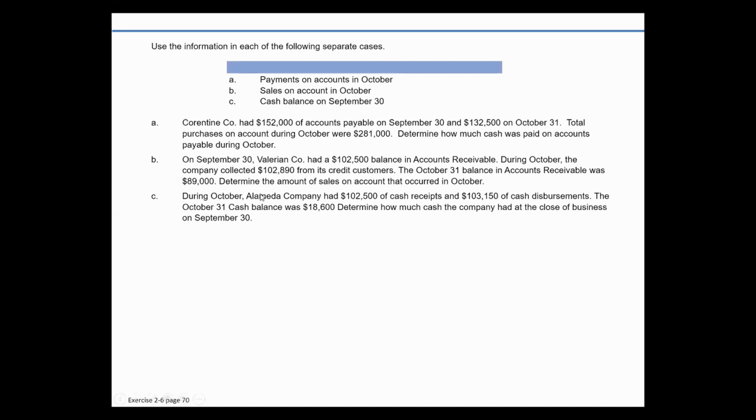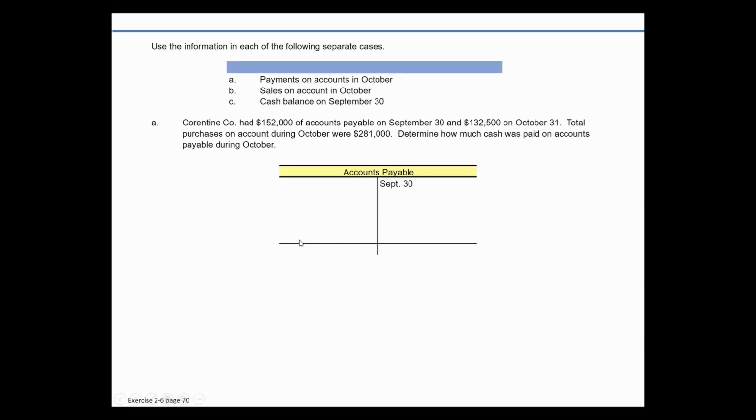So that'll be the first one that we'll do. So we know then that we have to look at the accounts payable and what's going to happen there. So if we look at September the 30th, we see that there's a credit on the credit side for $152,000 because that is showing how much they owed. So remember that accounts payable is a liability, so in order to increase a liability, it would be a credit. And on September 30th, they had a balance, and then they had another purchase on account during the